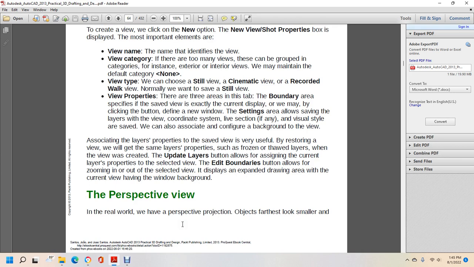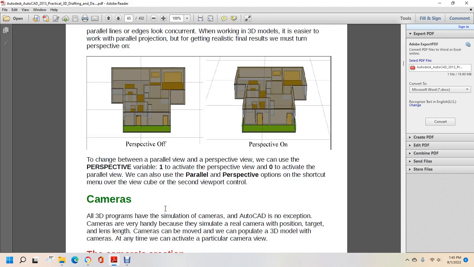Alright, the perspective view. In the real world, with perspective projection, objects farthest away look smaller and parallel lines converge. When working with 3D models, it's easy to work in parallel projection. For getting realistic final results, we must turn the perspective on. To change between the parallel view and the perspective view, we can use the PERSPECTIVE variable: 1 to activate the perspective view, or 0 to activate the parallel view. We can also use the parallel and perspective options on the shortcut menu over the ViewCube and the